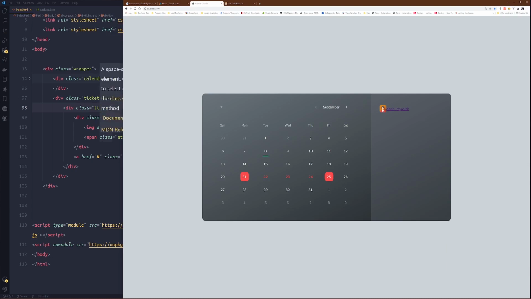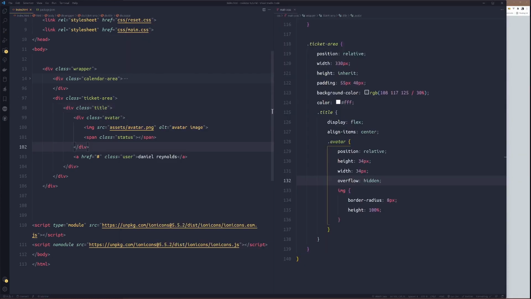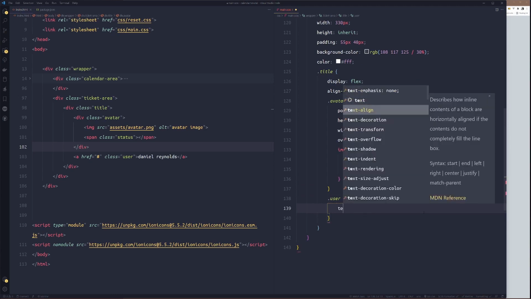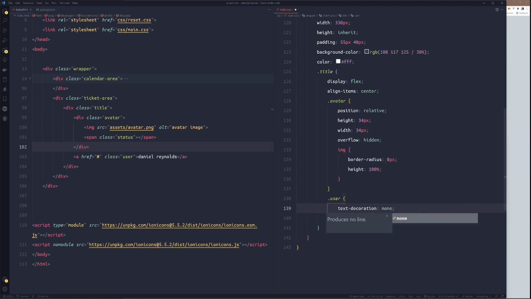So now for the Daniel Reynolds, we'll target the anchor tag just after the avatar. I'll target user first. Text decoration none.